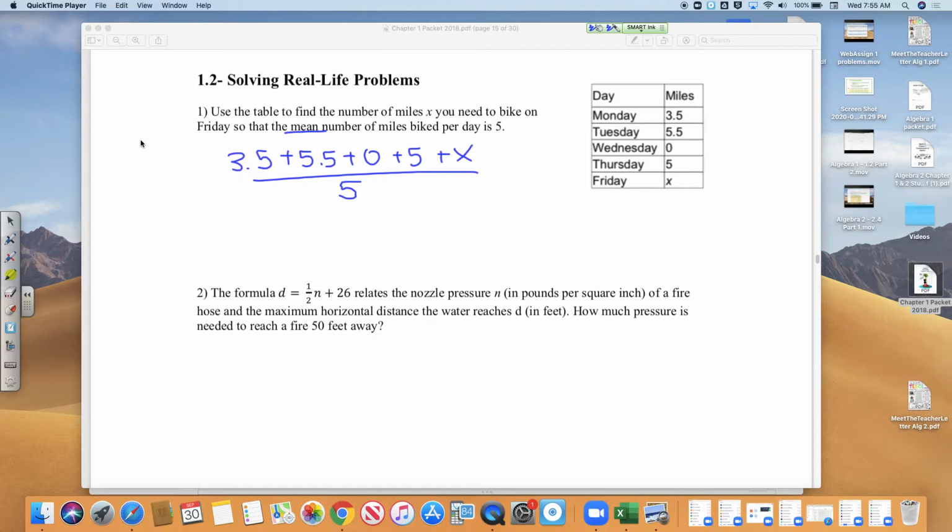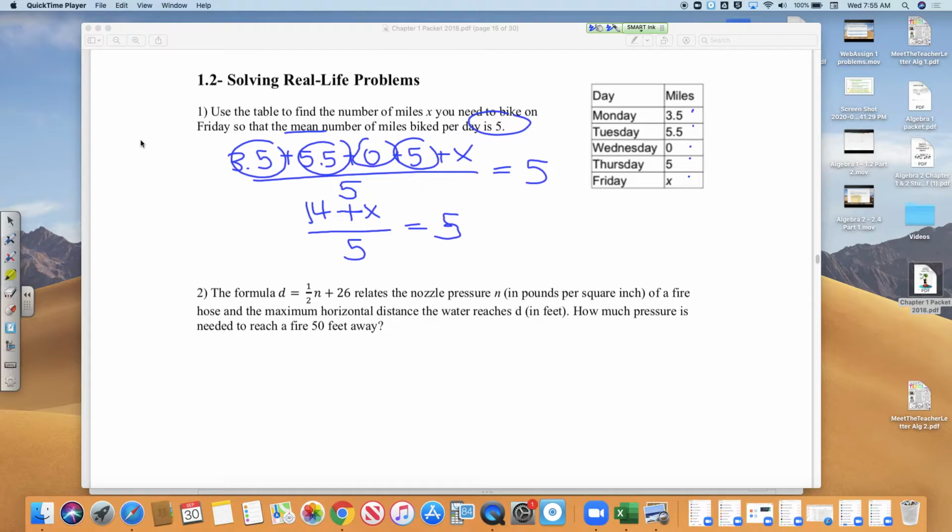This is a little confusing because there's 1, 2, 3, 4, 5 numbers, and we want the mean to also equal 5. So our equation would be the mean, adding up all of those numbers divided by 5, and we want it to equal 5. Now this looks like a kind of crazy equation, but we can make this a little bit simpler by adding all of these like terms, 3.5, 5.5, and 5. So if I take my calculator, add all these together, these combine to be 14. Since 0 is just not going to change anything,